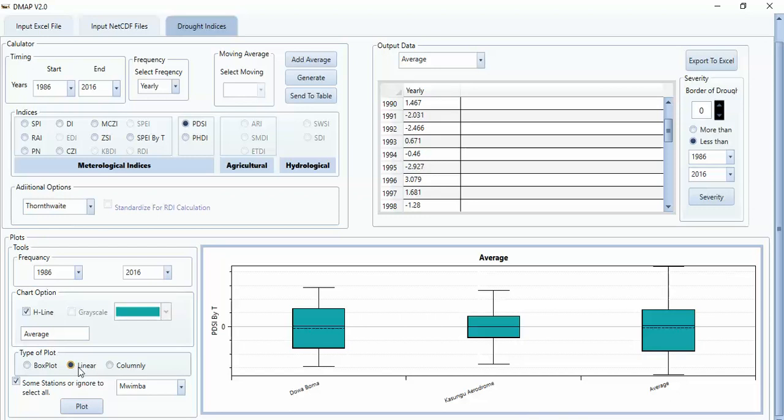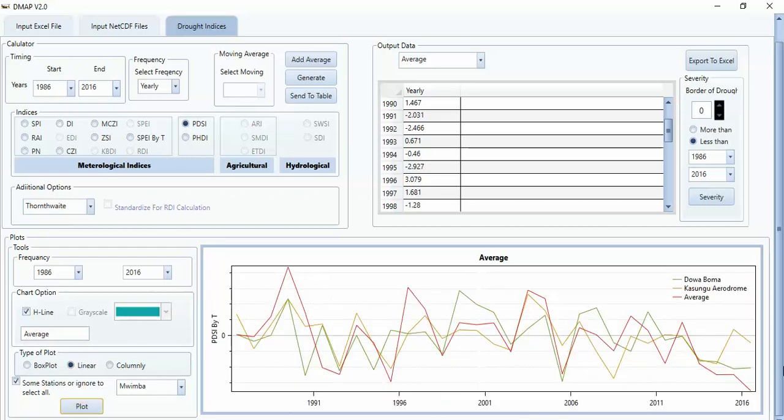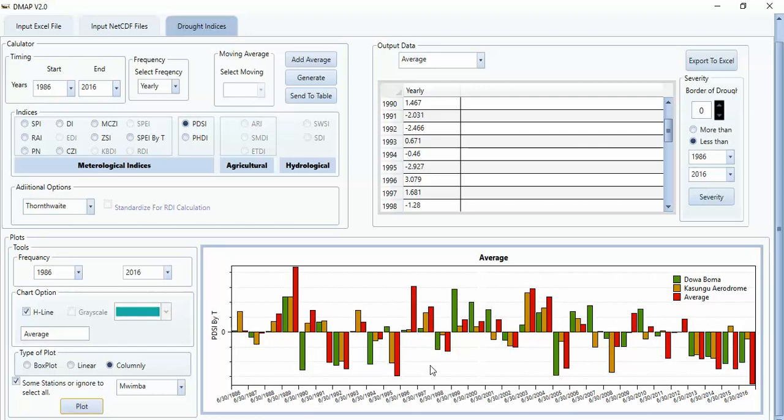And as well for linear, if I want to select, I can see this one. And for columnar, maybe when you select this one, it is okay because I select some of these stations here. But if I want to show all these stations, it's not reasonable in columnar format because it is so busy, and so it is not good. So if you select columnar, it's going to be good for yearly or maybe seasonal, not in monthly frequency, and also limit the stations. Okay,